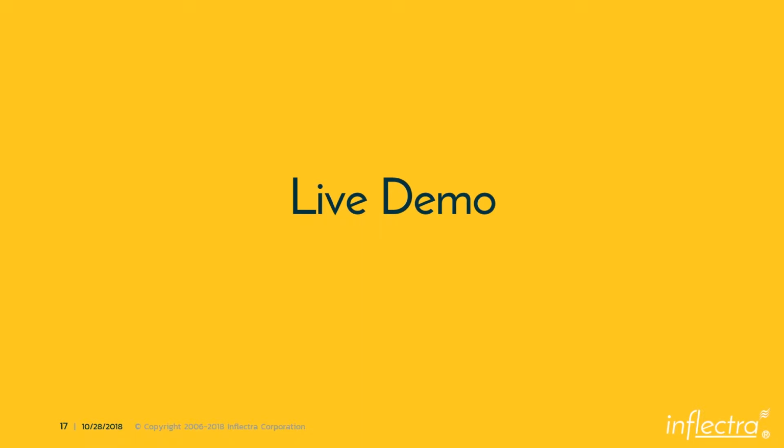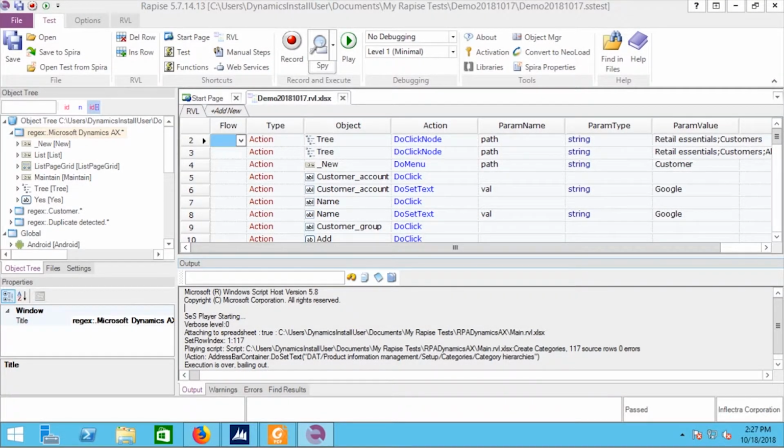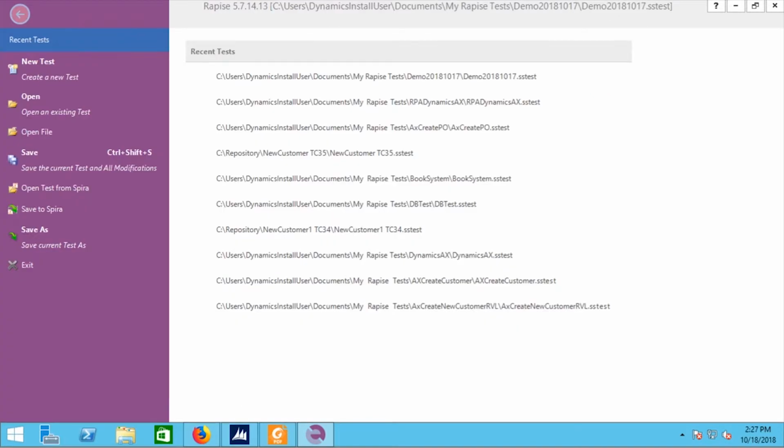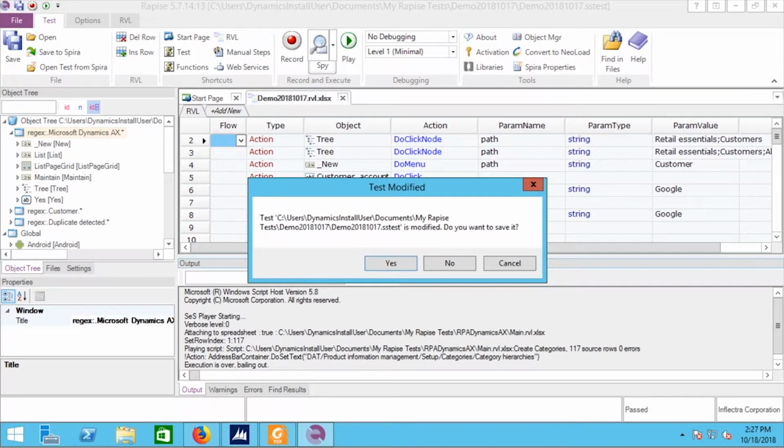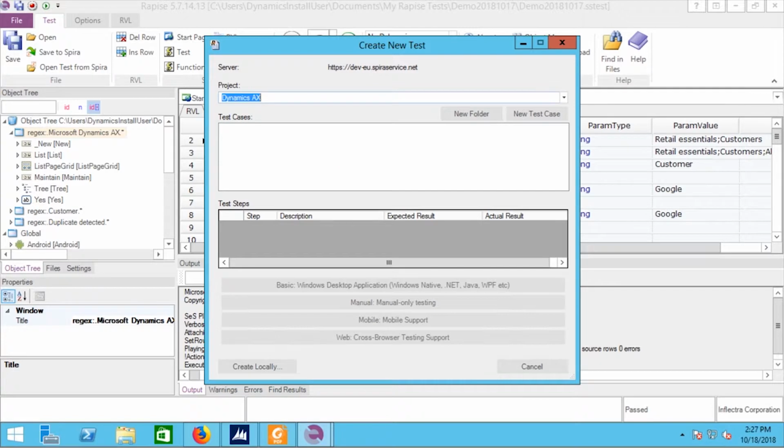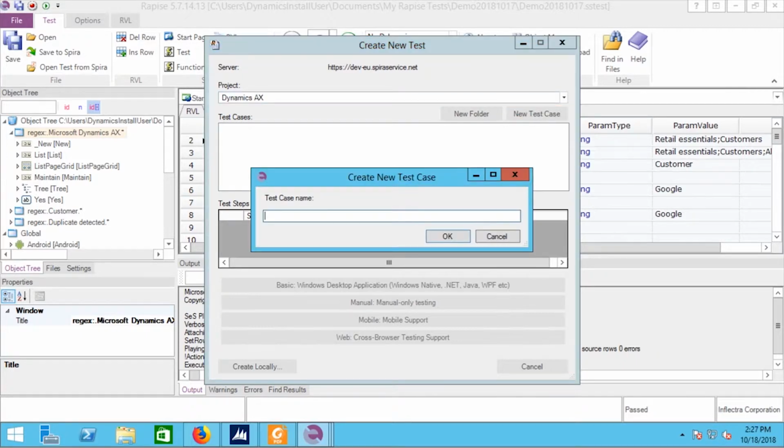Over to you, Dennis. All right, so let's proceed. Here we have Rapise opened, and I'm going to create a new test in Rapise. And since the beginning, I can put my test inside Spira Team, so it is available for remote scheduling and execution. So I'm going to create a new test case,